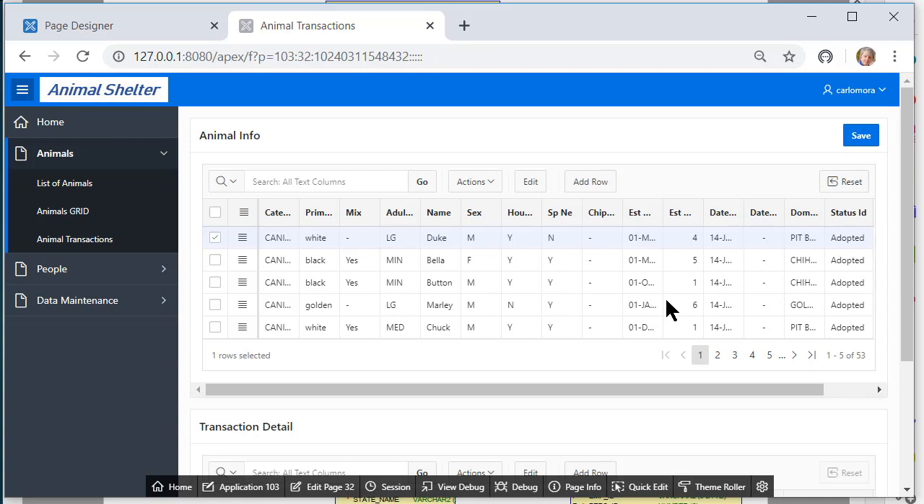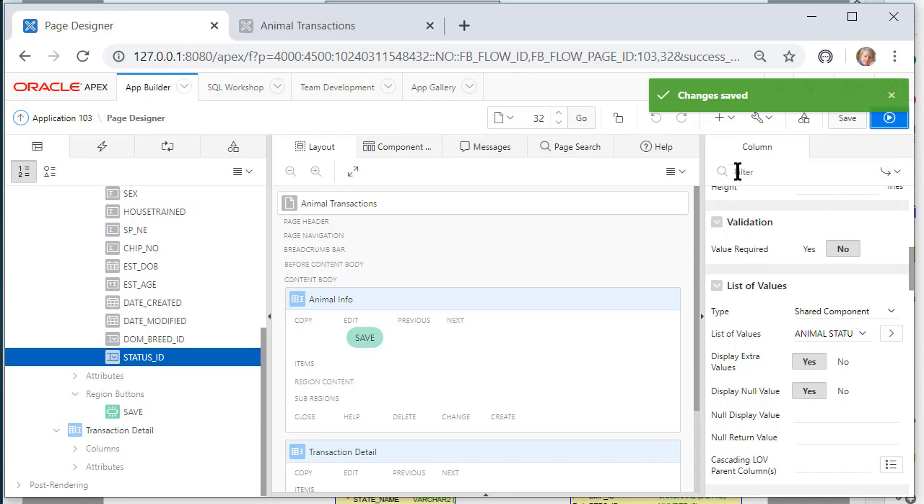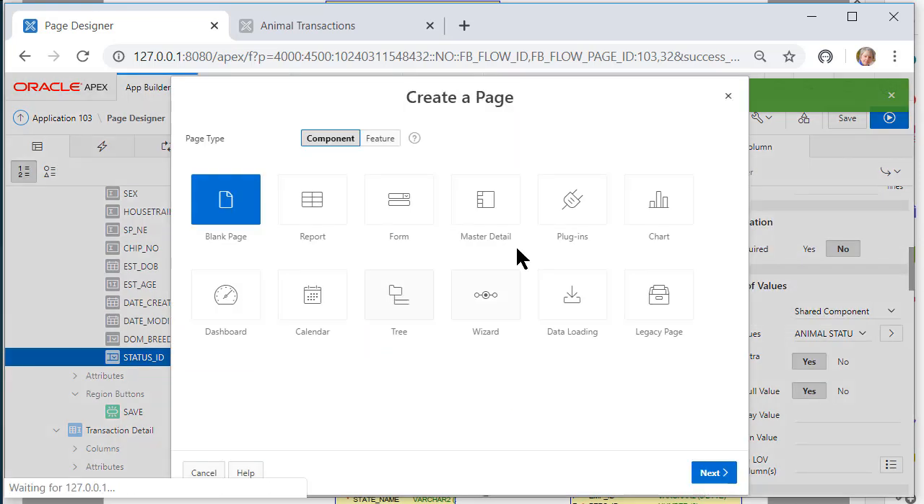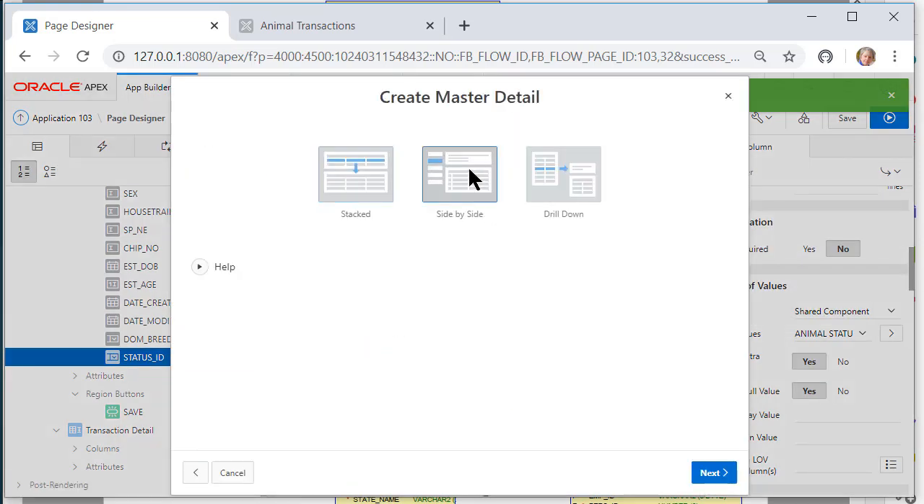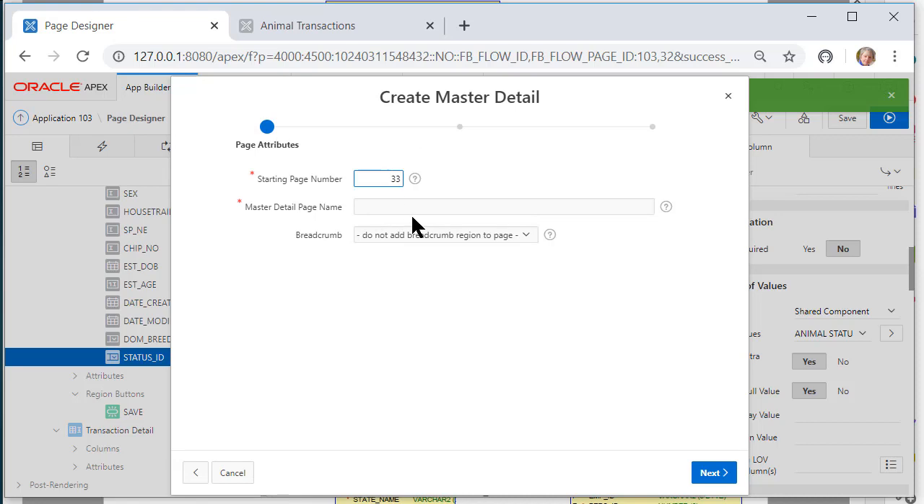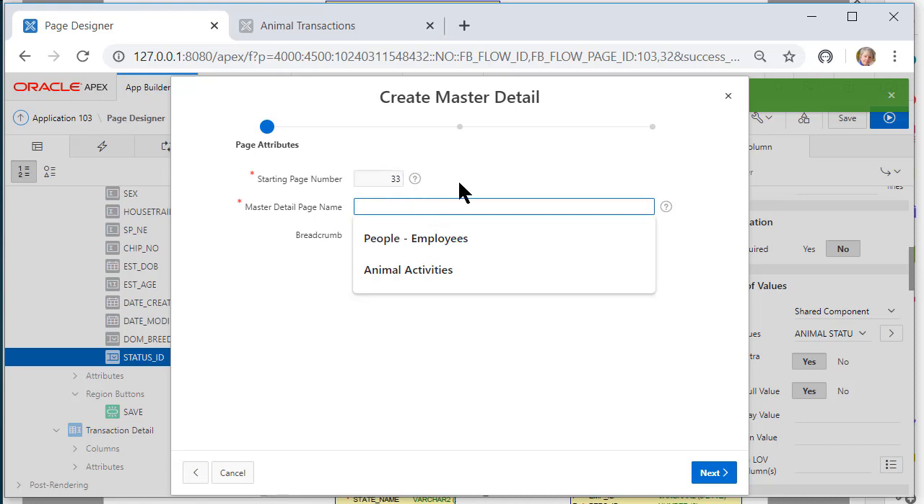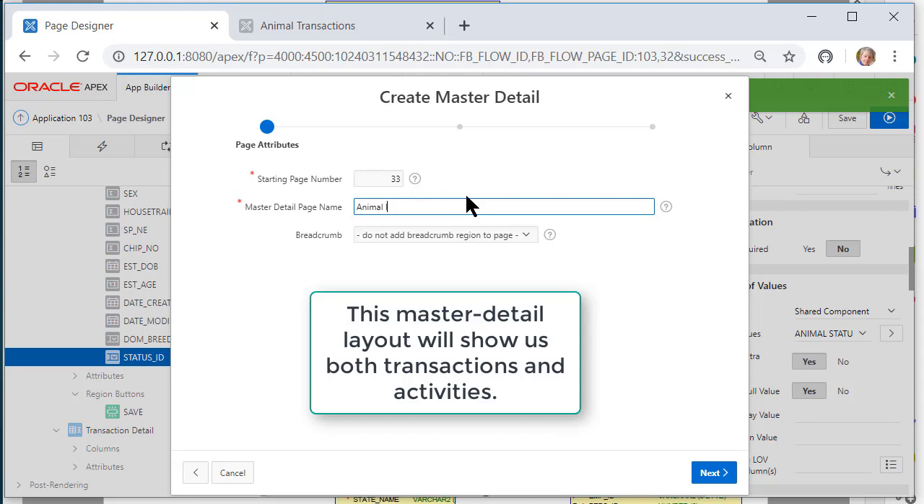I could do another one for animal activities. I want to look at one of the other options for master detail. So I've come back to Page Designer, and I want to create a page. It'll be master detail, and this time it'll be side by side. And we've done this before. We've done other master details in earlier videos. So I'm going to select animal info and click next